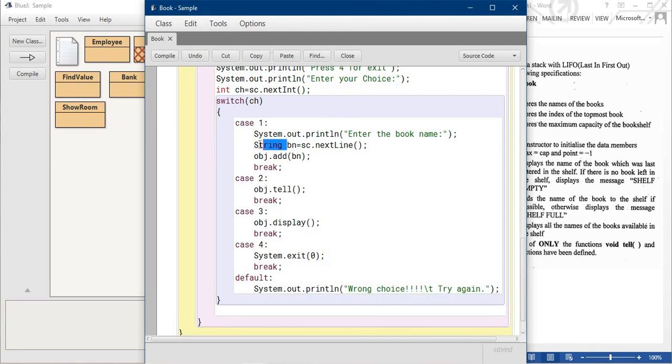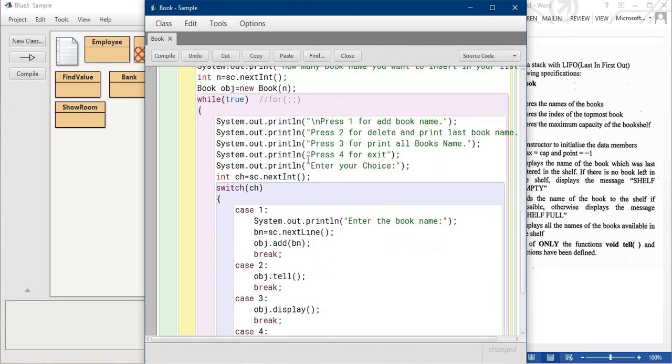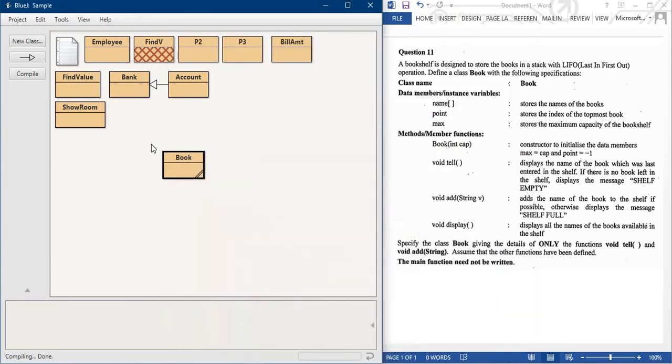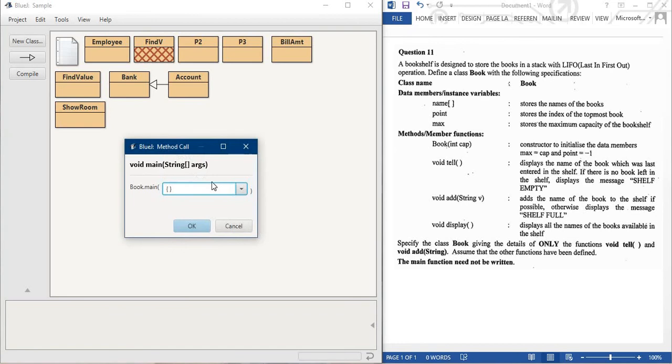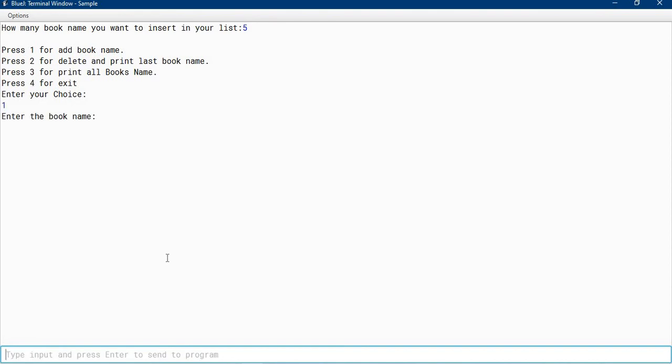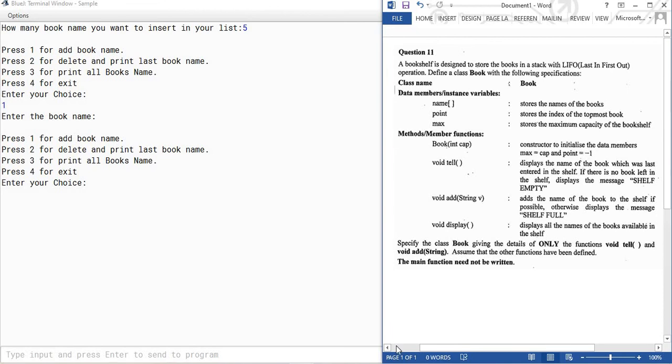So maybe there's something else. Let's check it again, whether it's providing the right things or an error. So I'm taking 5, paste 1. So when I paste 1, it moves directly. Sometimes the nextLine is not accepted.